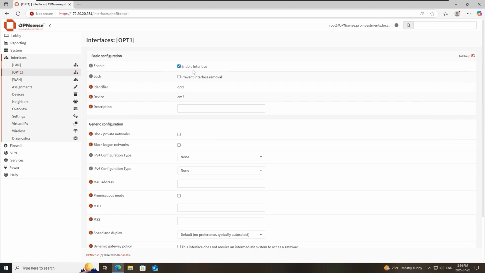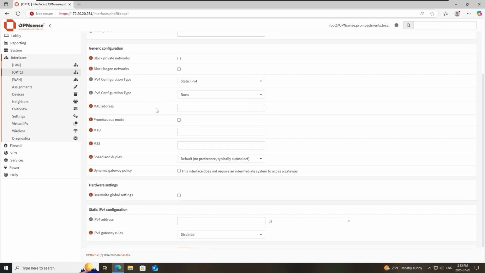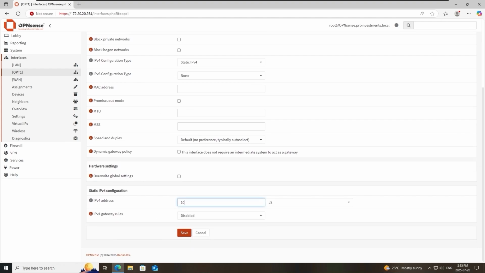And we'll just ensure that this interface is enabled. And then we'll scroll down and we'll configure the IPv4 settings. Basically, we're creating a network for our new interface, and we'll set it to use a static IPv4 address. We won't configure an IPv6 address for this. And then we're going to scroll down, and under IPv4 configuration, we're going to enter the IP address